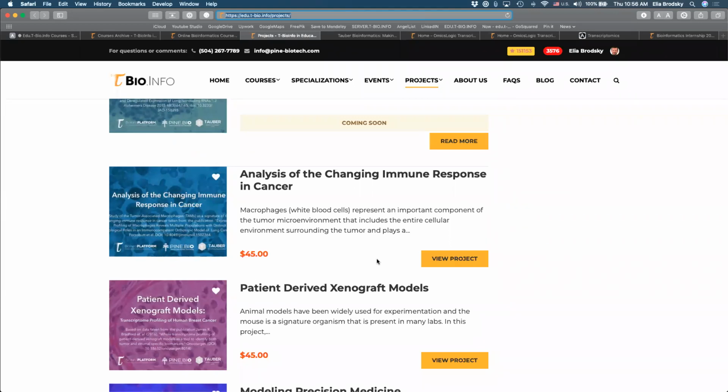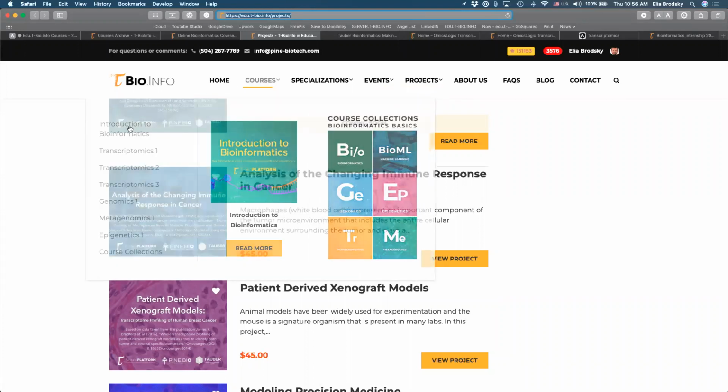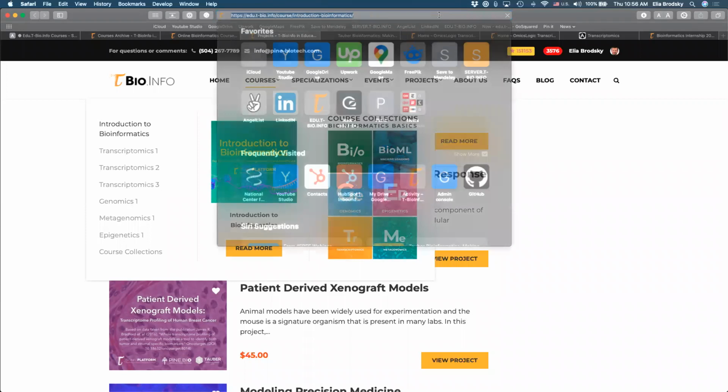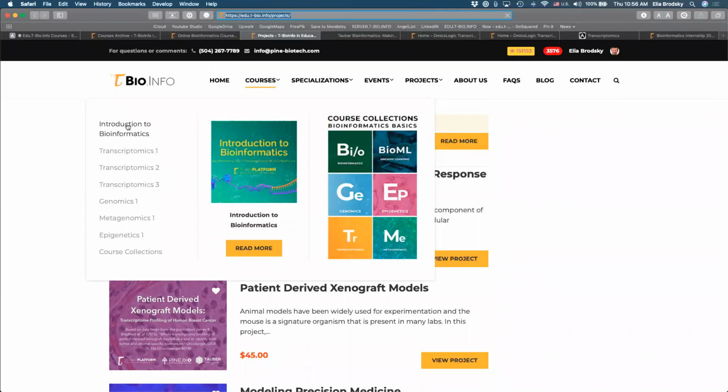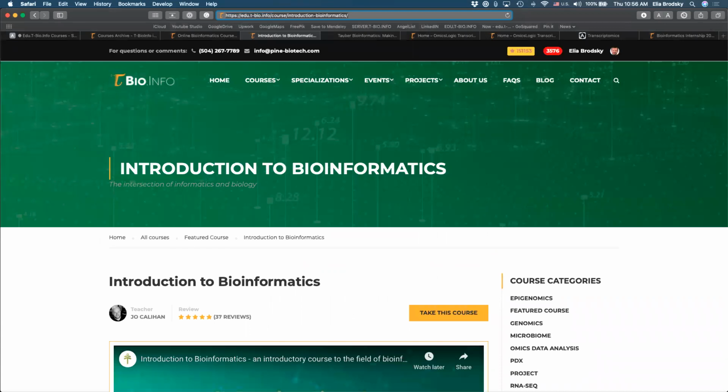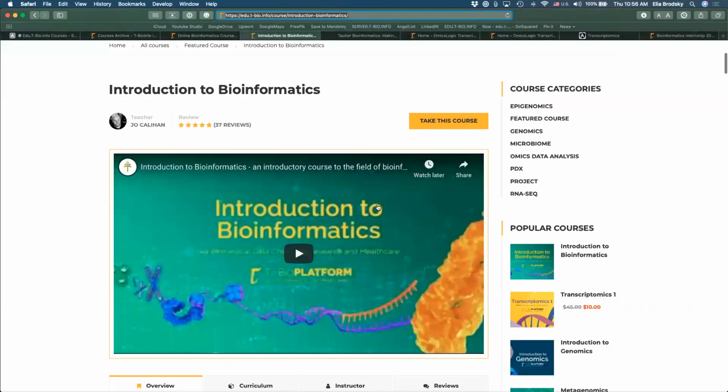About the prerequisites, there's not really any major prerequisites to just join the program. To join the program itself, you do need to have some basic terminology in molecular biology. In fact, what we recommend for everyone is a free course called Introduction to Bioinformatics, that we recommend for everyone to start with. This is a free course, so you can actually join and register today and go to this Introduction to Bioinformatics